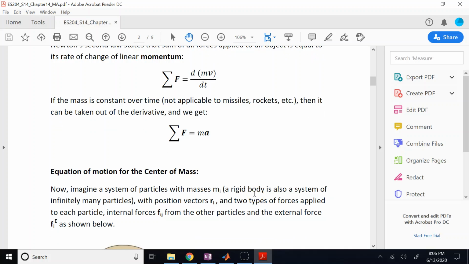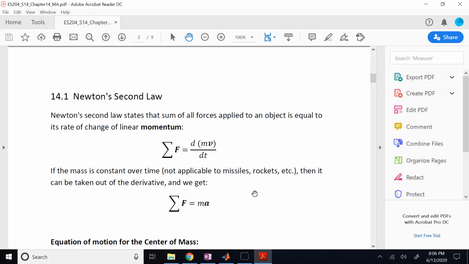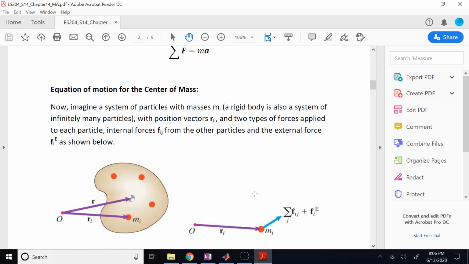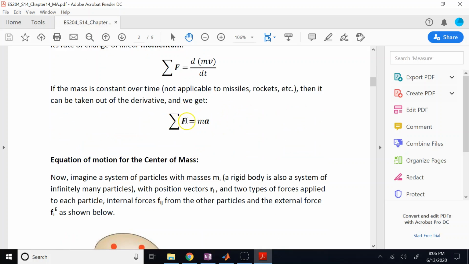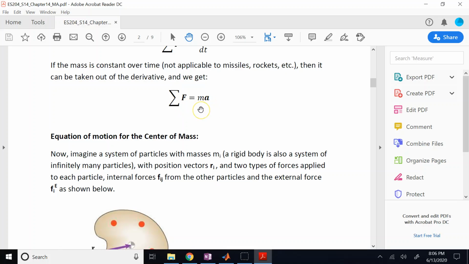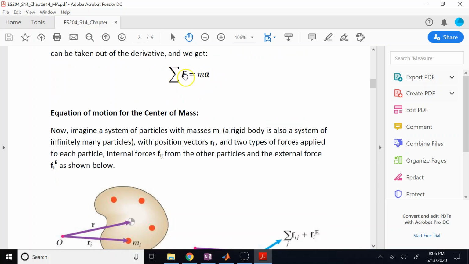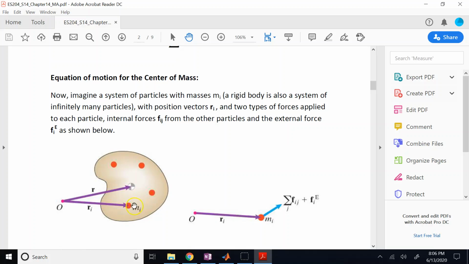and it is an important entity in dynamics. Now, should you have more than one particle, you have a system of particles, then you can still apply this equation, and here we assume that for a moment the mass of these particles that are in the system does not change versus time. So we're going to use the simpler version of the Newton equation, sum F equal ma. If I apply this equation to each and every one of these particles, let's say a representative particle for all of these is m sub i,